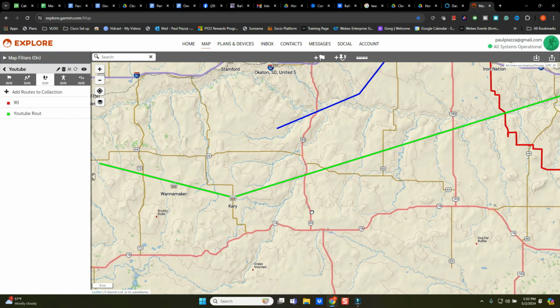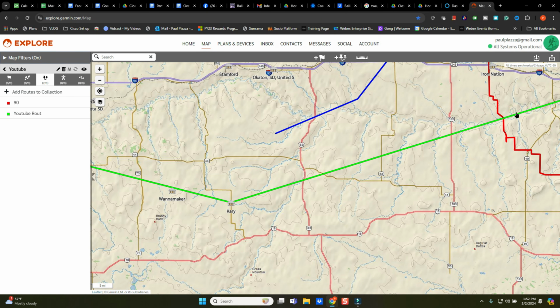That's the difference between a route and a track. A track will create all these little intervals along the way, whereas a route will just give you 3 key waypoints. And that is just the way things save in Explorer. It's not something I like. It is actually one of the pet peeves I have with Explorer.